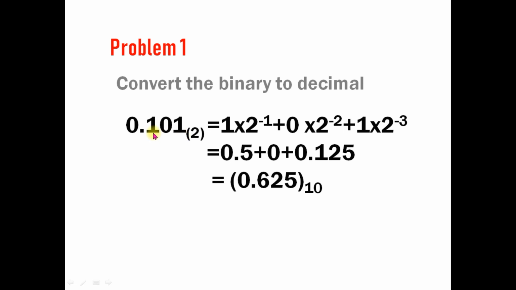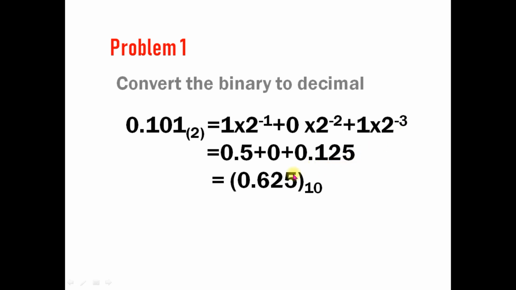That is 1 into 2 to the minus 1, plus 0 into 2 to the minus 2, plus 1 into 2 to the minus 3. 1 into 2 to the minus 1, that is 1 by 2, that is 0.5, plus 0 term is neglected, that is 0, plus 2 to the minus 3, that is